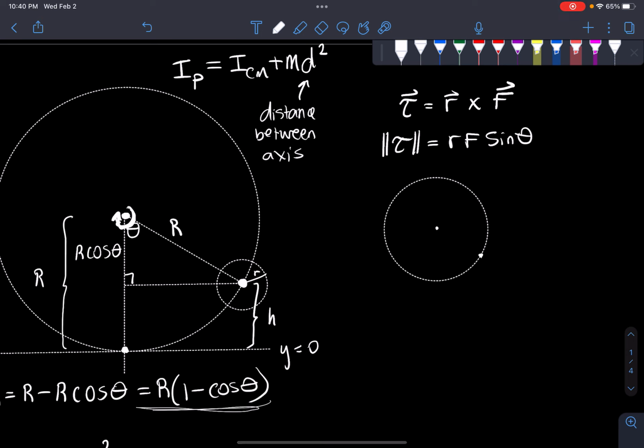So gravity for this disk acts like this, little m g, and the distance connecting the axis of rotation to the point where the force is applied is this distance right here, which is just the radius of that big disk. And then the angle between them is, well, if we continue this line of force like that,